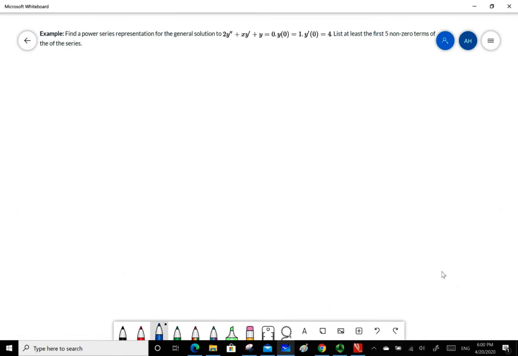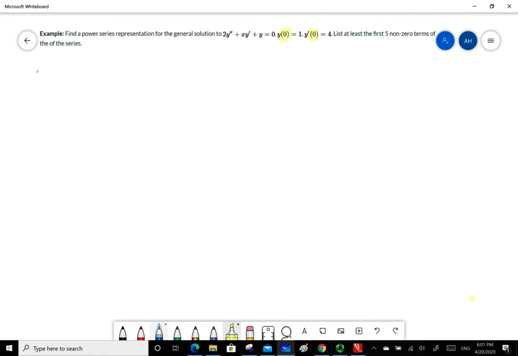Find a power series representation for the general solution to 2y double prime plus xy prime plus y equals 0, where y of 0 equals 1 and y prime of 0 equals 4. List at least the first 5 non-zero terms of the series. We should center our power series at 0 since that is where we know the initial values of y and